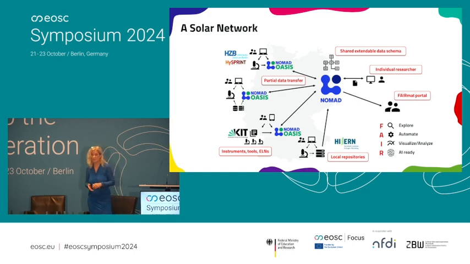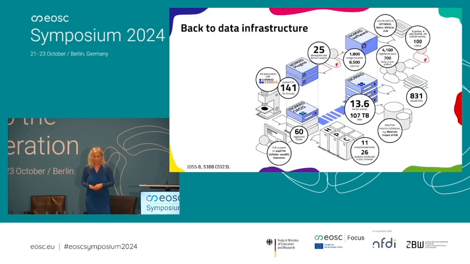There are many Oasis installations on this planet already. These are only a few of them that are dedicated to solar cells. So this network from Helmholtz Center to Erlangen to KIT, where people have installed this, they exchange data, they accommodate their own tools inside, and they can also exchange the data with the central installation, everything based on the same protocols and definitions. So if you're actually interested to read more numbers, you're welcome to see what are the data that we produce, how many installations we have, and so on.